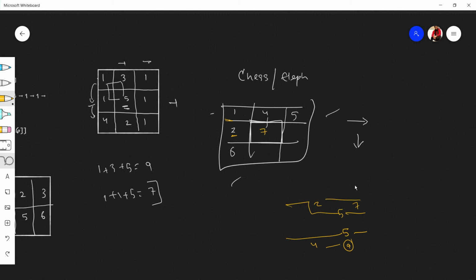Okay, no worries. Now let's compute for this value. Same thing: check the above one and check the left one, which is smaller. Smaller is 5. Now this time things can get tricky, like 1, 2, 1, 7. You will obviously take 2, but just imagine after 2 there are values like 10, 100, 200, and after 7 there are values like 1, 1, 1, 2, some values.